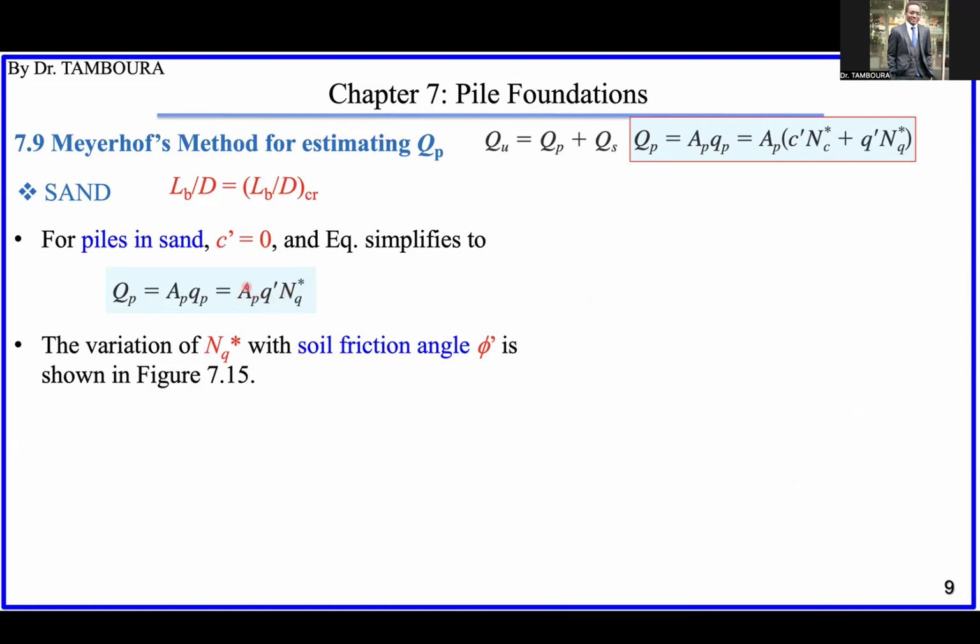AP is the area of the pile tip, so we can get that easily. q prime is just the effective stress, so if you have the unit weight of the ground, you can get that also easily. And this one is the bearing capacity factor. That's the unknown. It's only this one that we don't have. So how do we